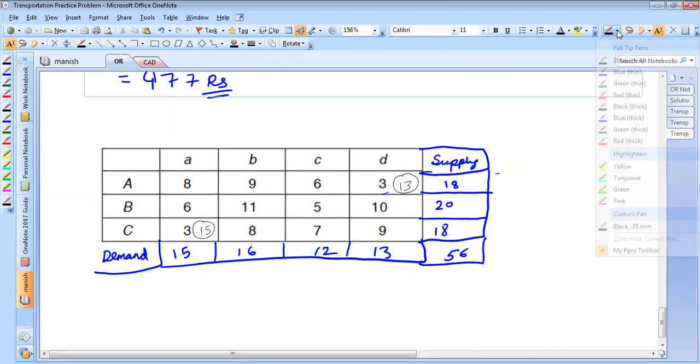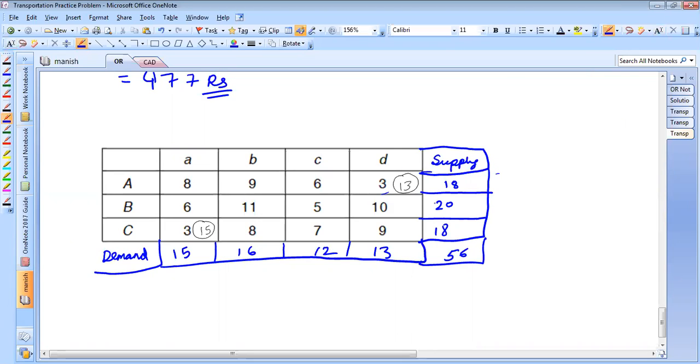So let us move back to our pen. What we have here is we are going to finalize this. So it becomes 15. If it is 15, this becomes 0. If this becomes 0, I'll eliminate this. I'll cut this and make it 3. Correct? Any doubts in this? Any doubts, students?